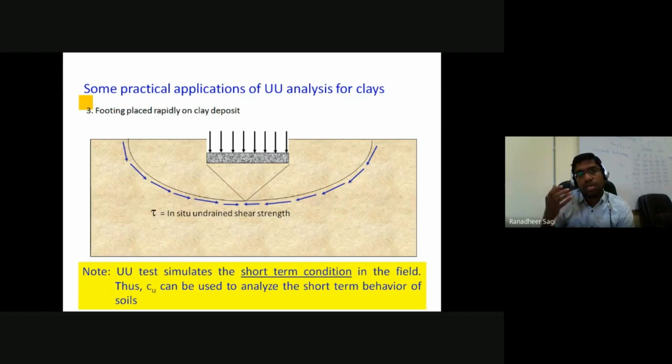So depending on when and how you want to determine the characteristics of the soil, you will be performing that respective test in the lab to know your shear strength parameters of the soil, to determine what will be the subsequent strength of the soil. And then moving on, let me just try to understand how to determine your deformation modulus